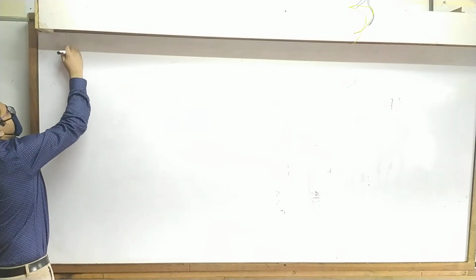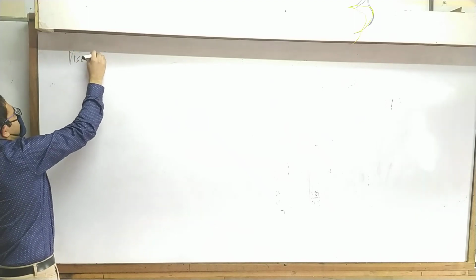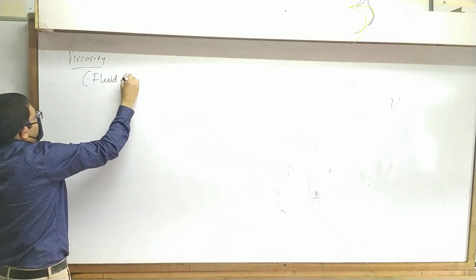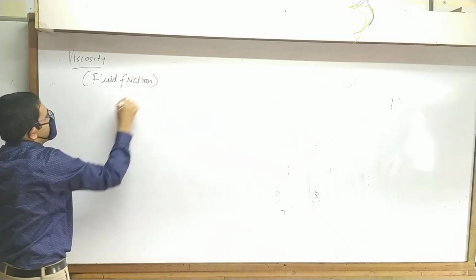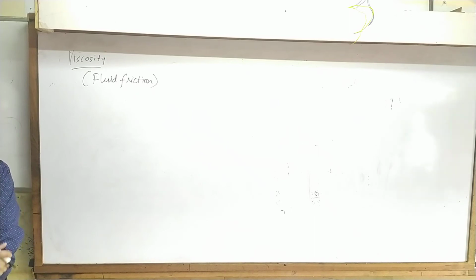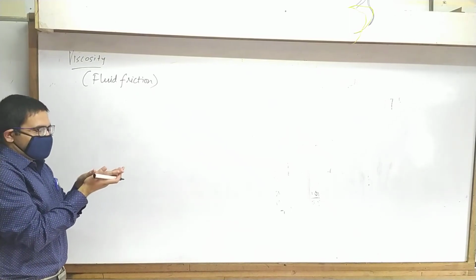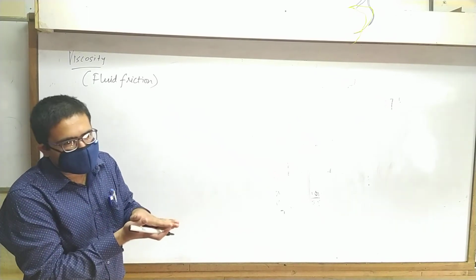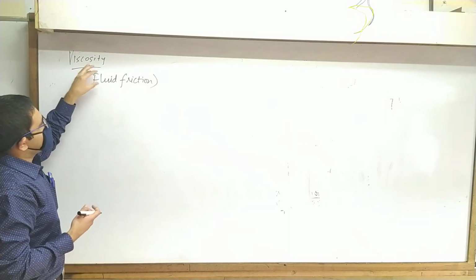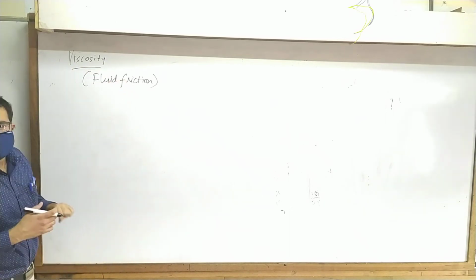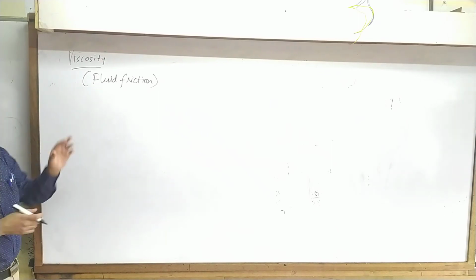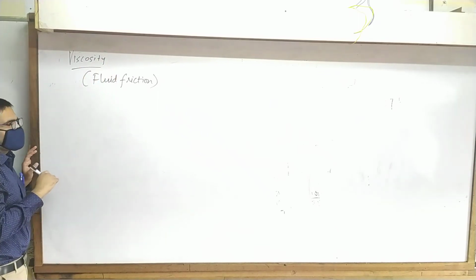Okay, viscosity. Now viscosity is, very simply put, friction in fluid. Viscosity is fluid friction. Normally, when we studied the law of motion chapter, we talked about friction. That was friction between solids, correct? Yes. So viscosity is something similar that happens in fluid. Similar, I said, it's not exactly the same. So let's see some of its characteristics or properties.